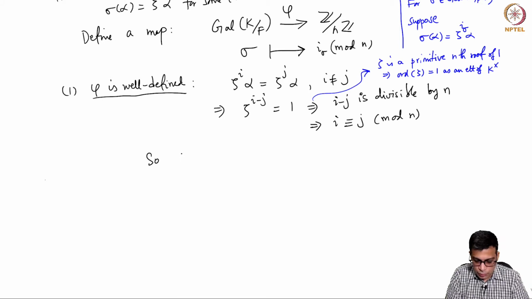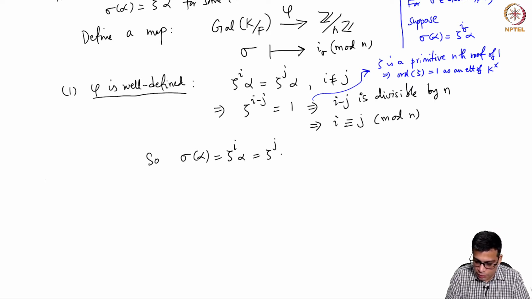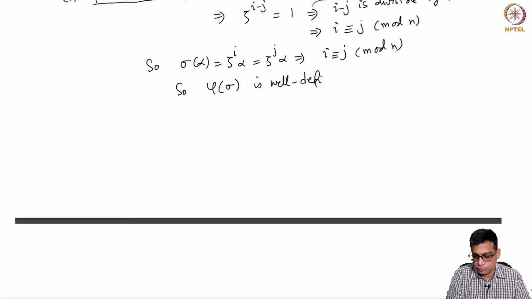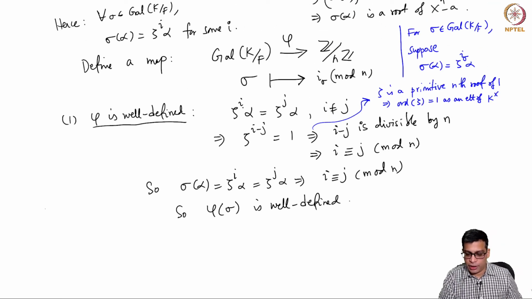So, if sigma of alpha is zeta power I alpha, which is also zeta power j alpha, then I is congruent to j mod n. So, phi of sigma is well defined. See, a priori you might write different integers, but when you look at the residues modulo n, you get the same answer. If you take Galois K over F to Z, you will not get the same well defined map,